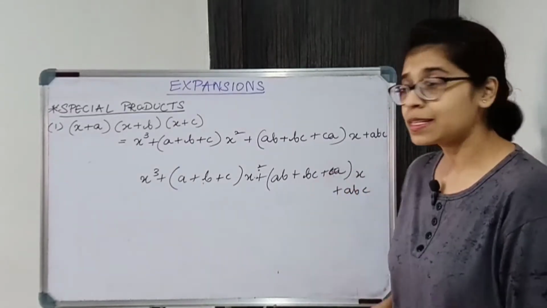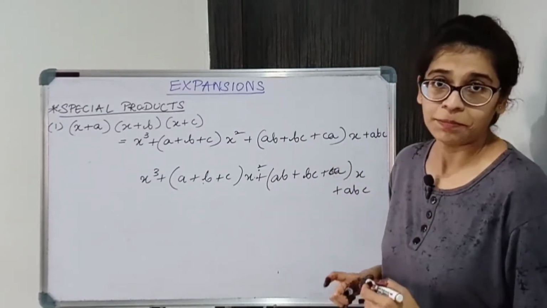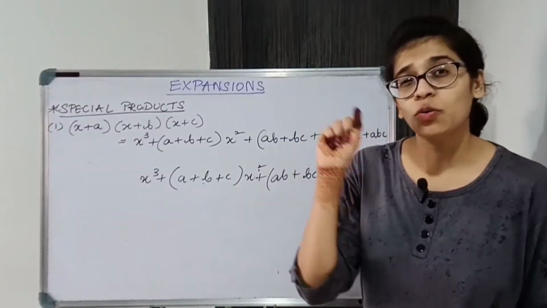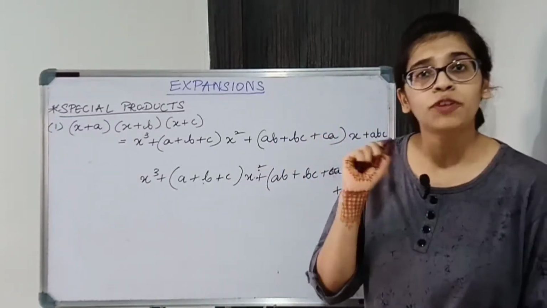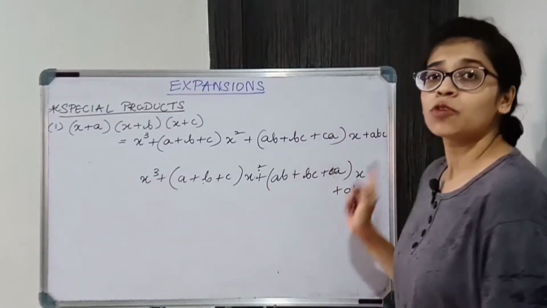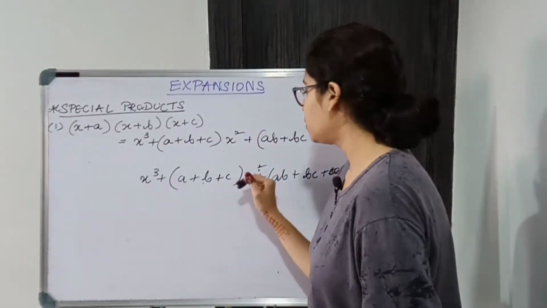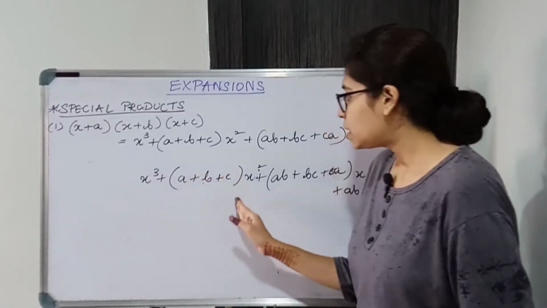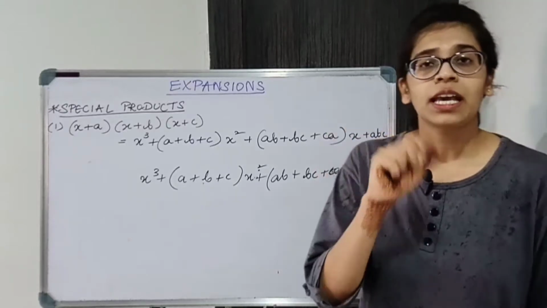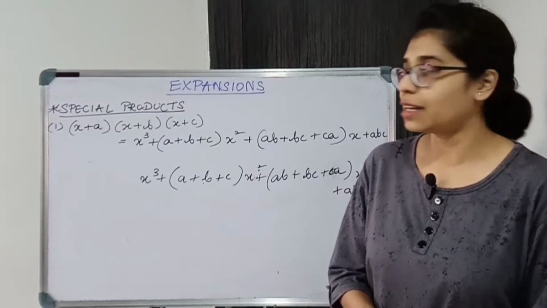So there is no X. A, B and C, now if you add the powers 1 1 1, it's 3. So students, please keep in mind the power throughout is 3. If you're going wrong somewhere, you will be able to figure out your mistake. So X cube, X square, X, and some constant term. With X cube nothing is associated. With X square, A plus B plus C, with X, AB, BC, CA, and lastly A into B into C. I hope it is easy for you to understand.